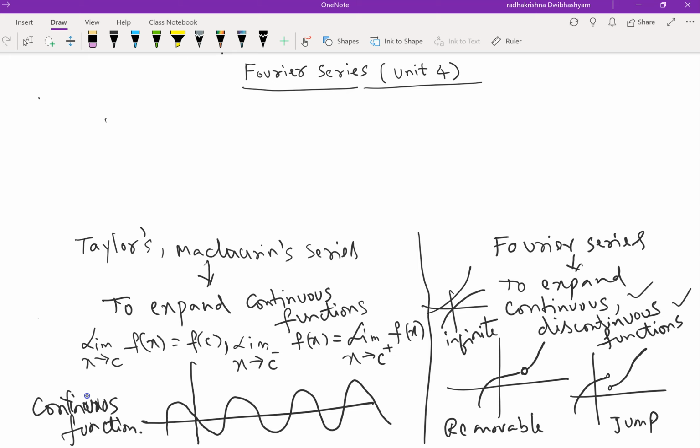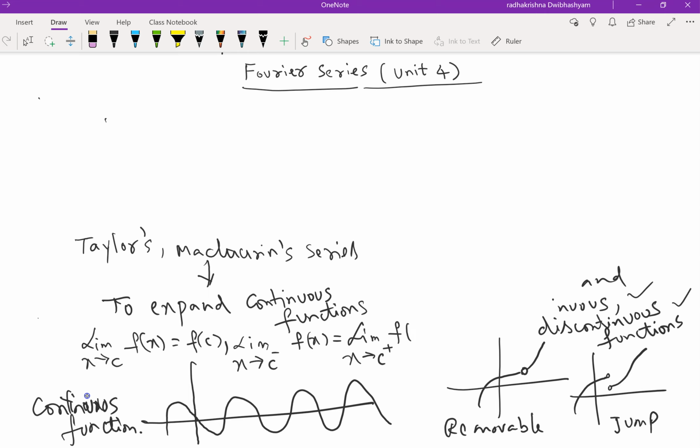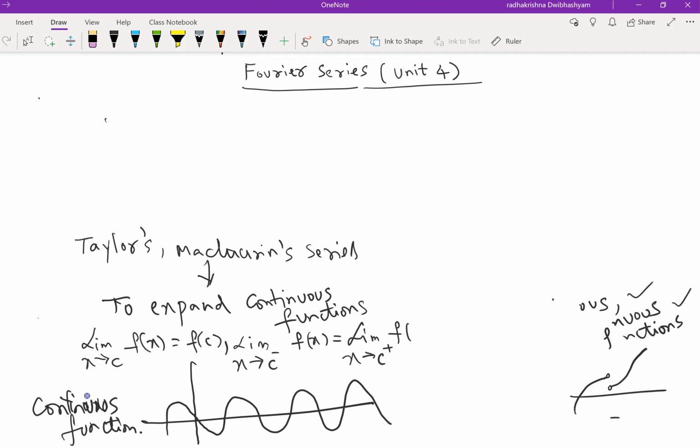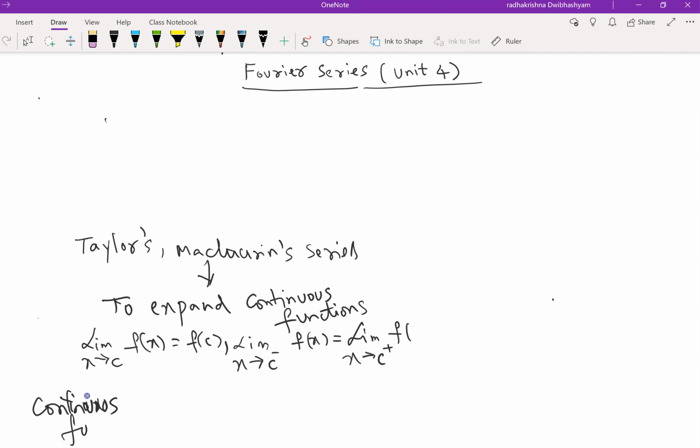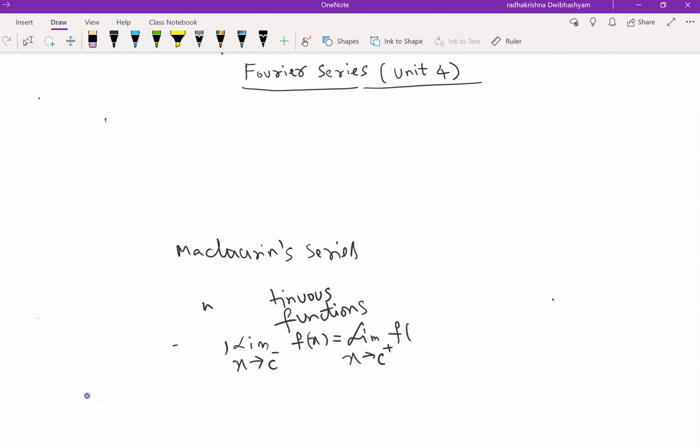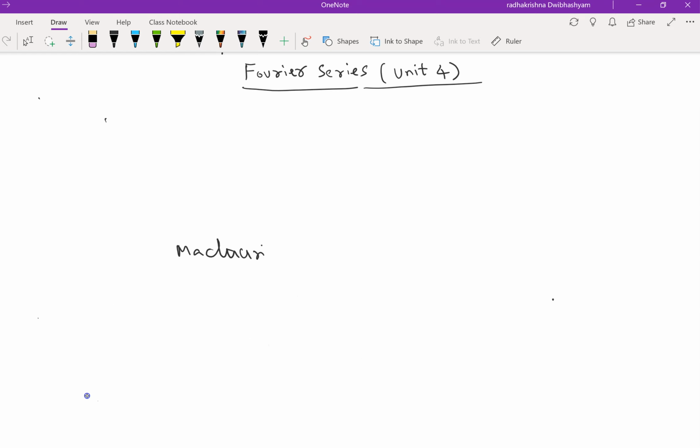If you want to convert those continuous and discrete signals into mathematical form, we write those signals in the form of Fourier series. Taylor series and Maclaurin series look like an infinite algebraic series, but Fourier series is an infinite series in terms of trigonometric terms, sine and